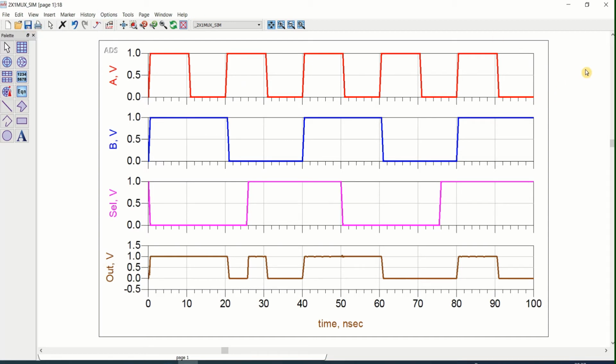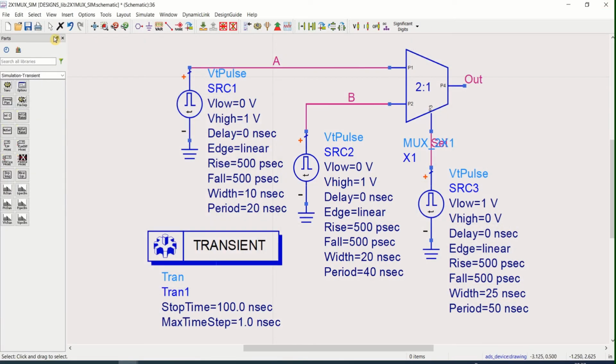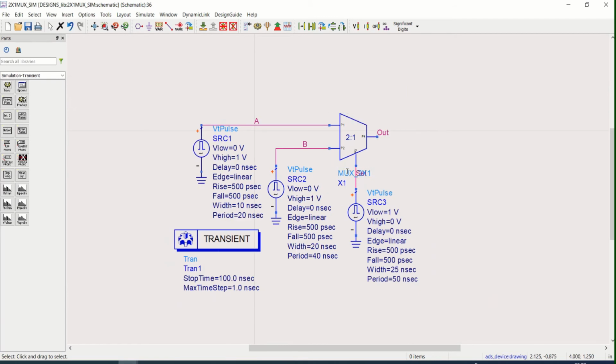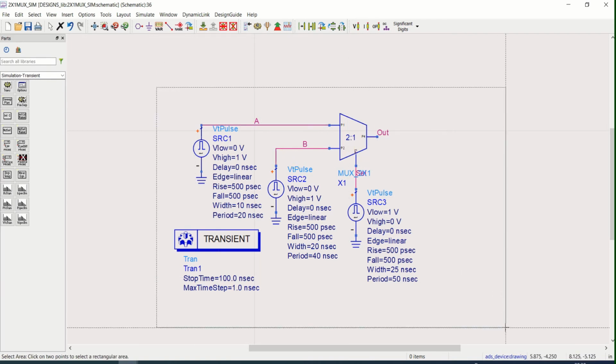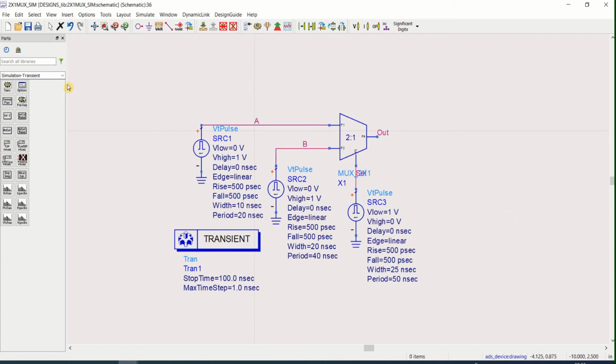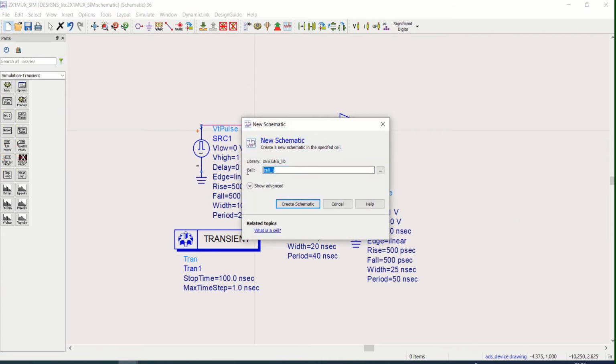Now I will create the 4 is to 1 multiplexer based on this logic. Close this, because a 4 is to 1 requires one more. What you do is, I'll copy this entire schematic, Control C, create one more design, name it 4 by 1 underscore mux.